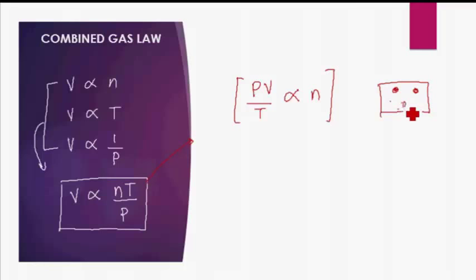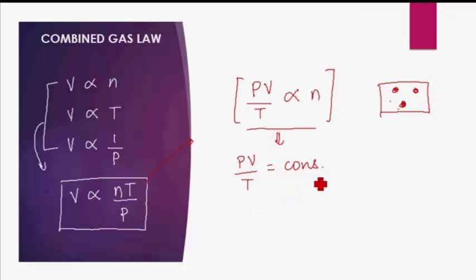Okay, so these are the only molecules of gas which will be present inside. Then N gets fixed, and if N gets fixed, this equation reduces to the form that PV by T is a constant. Alright, for a fixed amount of ideal gas, the ratio of pressure into volume and temperature is always